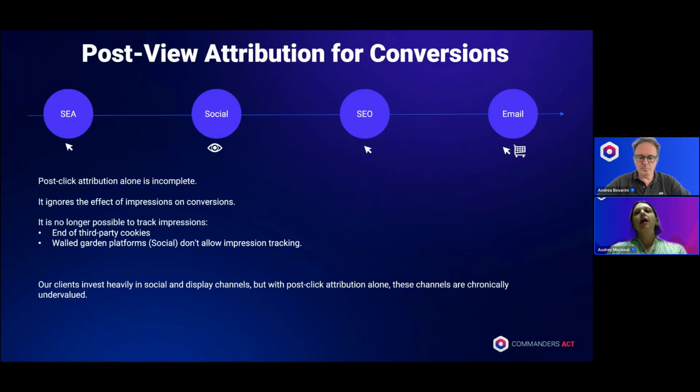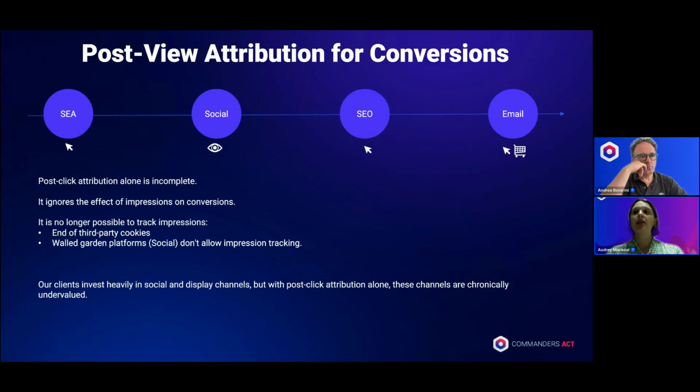But today, tracking impressions at the user level in a deterministic way is no longer reliable due to the end of third-party cookies and to walled garden platforms like social media that don't share impression data. As a result, social and display channels, despite major investment by our clients in them, are significantly undervalued when attribution is only based on clicks.